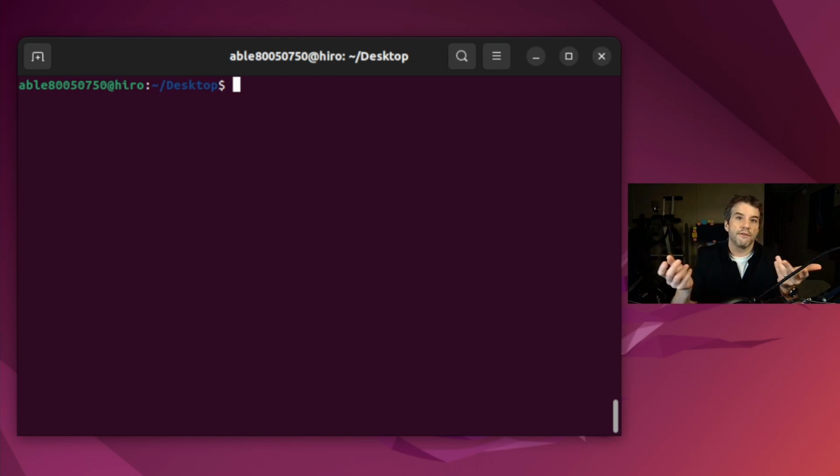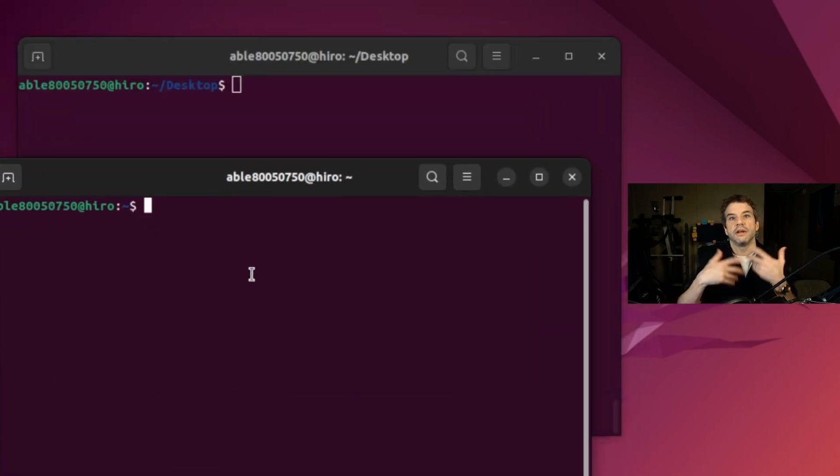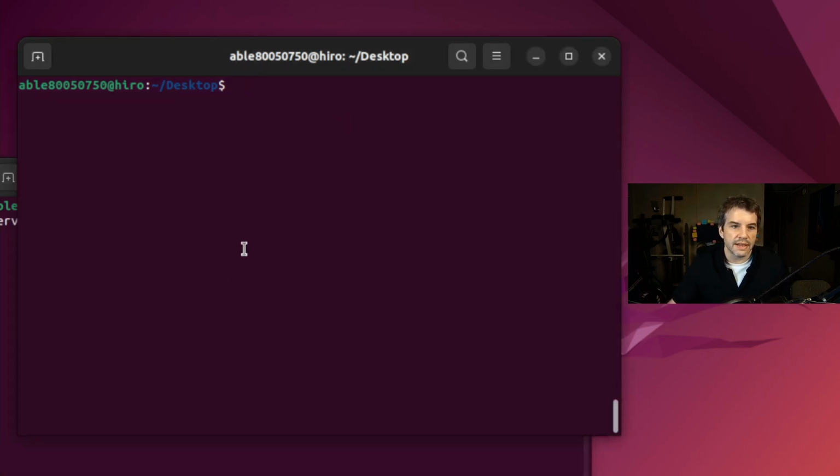And it's really cool because UFW really is an uncomplicated firewall. So what I like to do when I'm testing stuff like this is, in Python, you can actually spin up a basic HTTP server, and you can use that to test HTTP connections, and it's just a cool way of going about testing this. So what we're going to do is start up a web server with Python, and it's going to be listening here on port 9000. Now port 9000 is closed,